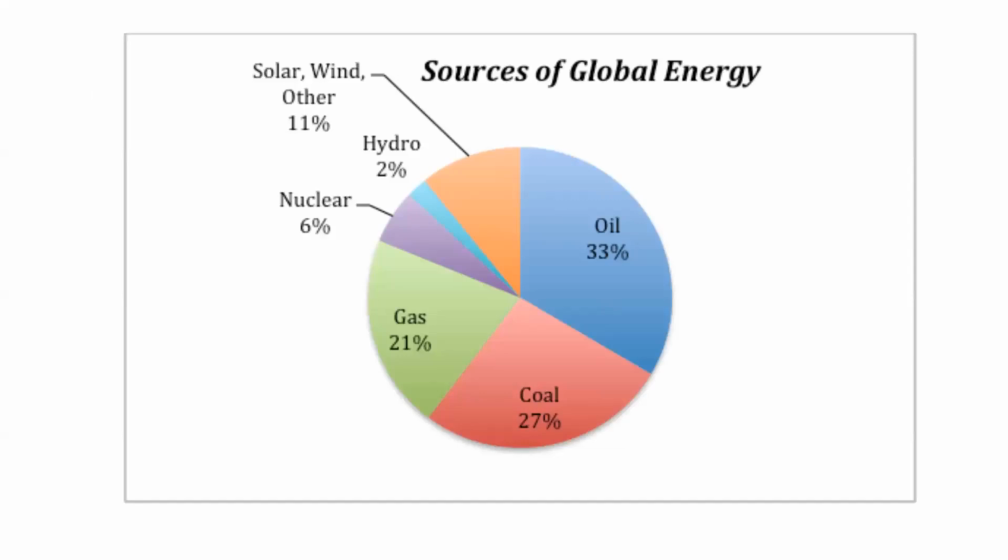But when we're thinking about energy, the production of that energy is going to come from a whole bunch of different places. Unfortunately, depending on where you get this data, you may see slightly different numbers, but you're going to see this general picture where fossil fuels make up the majority of this energy production. So we can see oil, coal, and gas. That's going to be a combined 81%. And then we just have a very small portion with those greener energy sources.